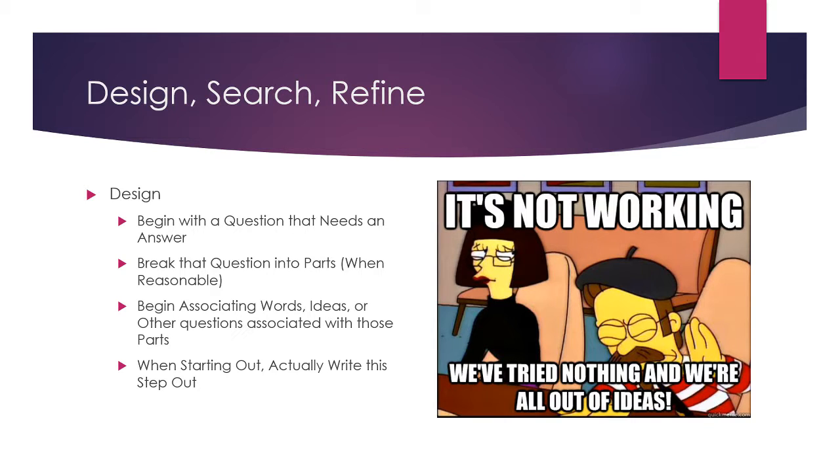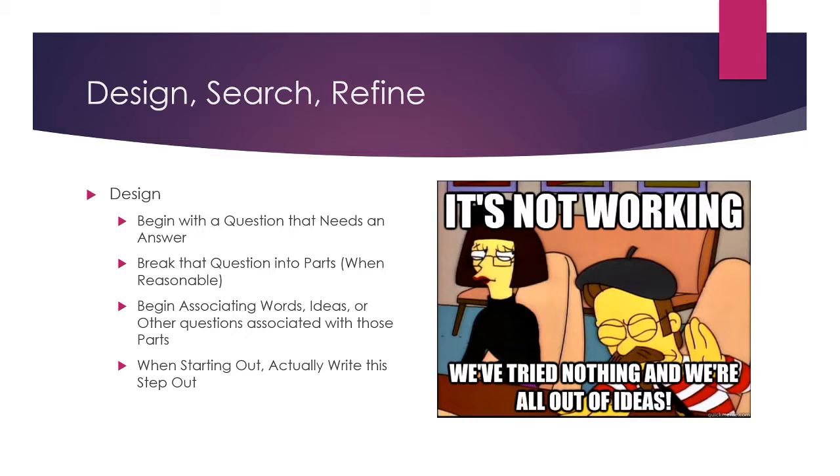The next step I'm going to take is I'm going to write down a few words or ideas or other questions associated with those constituent questions and associated with the main question, underneath each of these constituent questions. So let's take that first one. What is an arm and what is an arms sale? I might write down things like guns or planes, or the F-35 project, or missiles, or bombs, or computer components. I might write down things like international weapons treaties. I might write down things like bullets, different ideas of what could be an arm